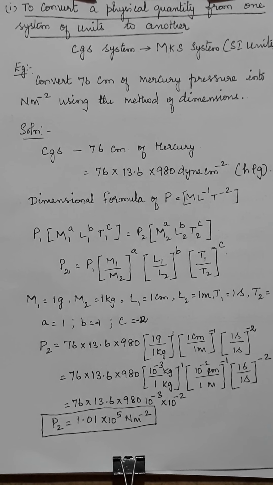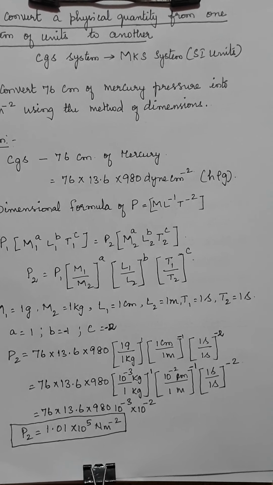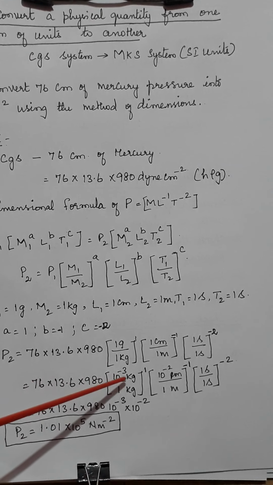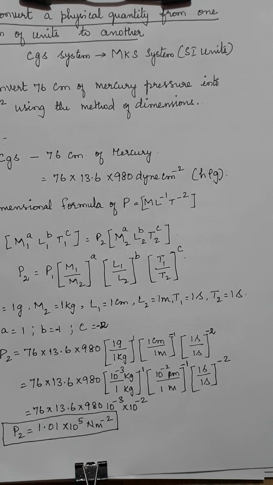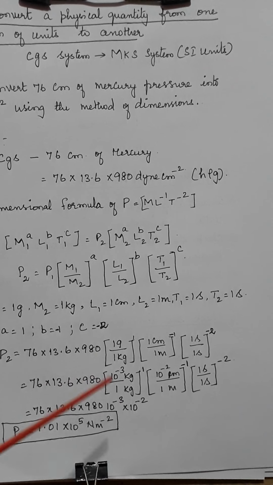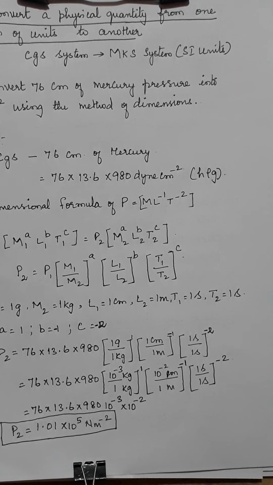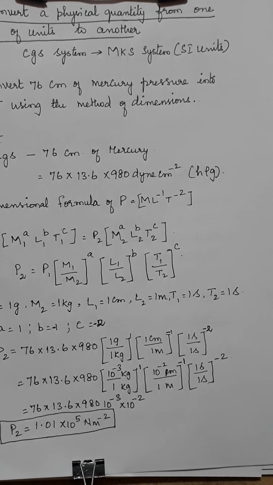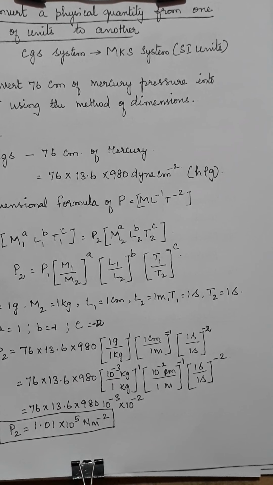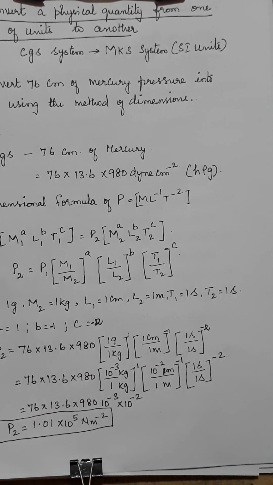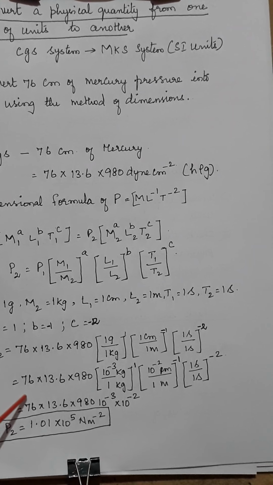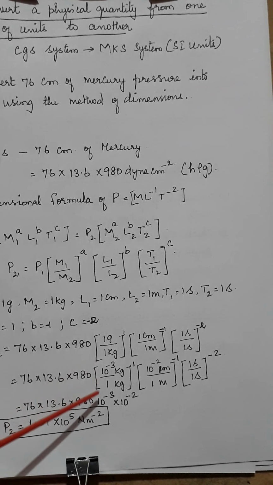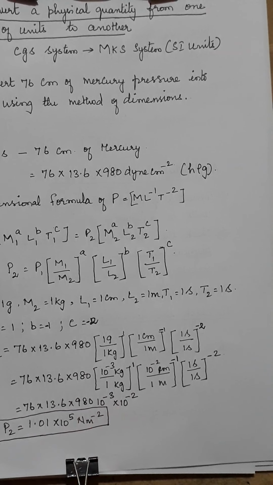But now I need to convert both, the CGS into the SI system. So both are written in kg itself. 1000 grams make 1 kilogram, so 10 power minus 3. Then how many centimeters make 1 meter? 100 centimeters, so 10 power minus 2. The seconds are the same, so you can just leave it. So here what I will get at last is this quantity, then into 10 power minus 3, 10 power minus 2.